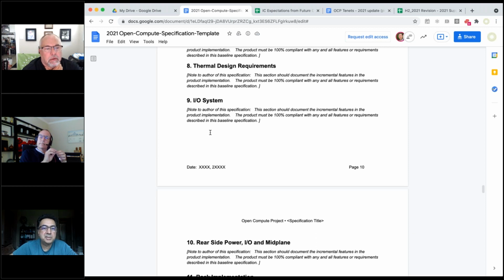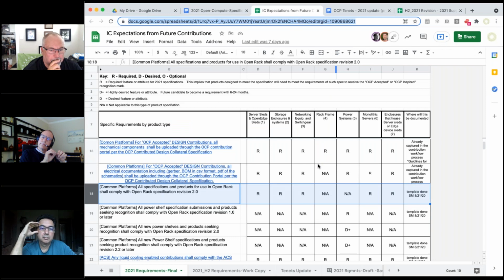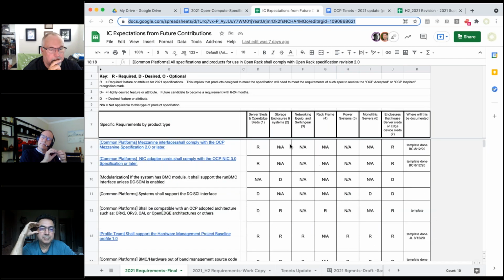Right, and then perhaps even saying, however you choose to do it, please label it in that table in the appendix. And the problem with that is that there's some logic, because it doesn't apply to, hold on, that first one only applies to server sleds, open edge sleds and enclosures that house.